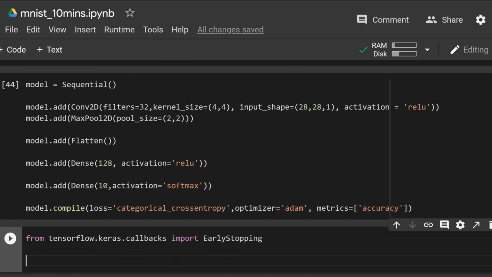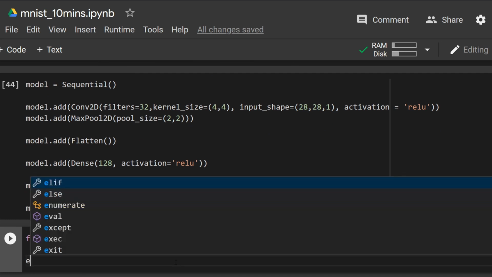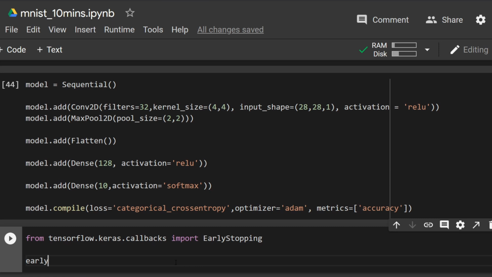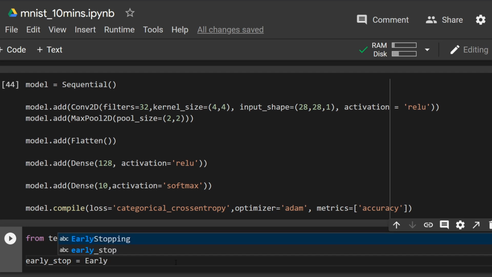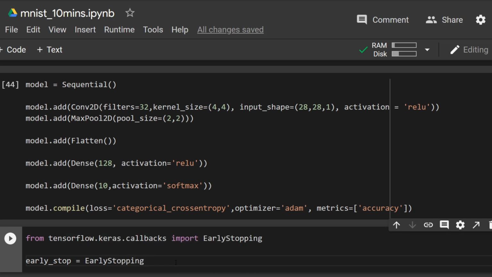So this early stopping will stop the training once it reaches optimal conditions. Like if it sees that it is getting overtrained, it will stop. Until that, it will